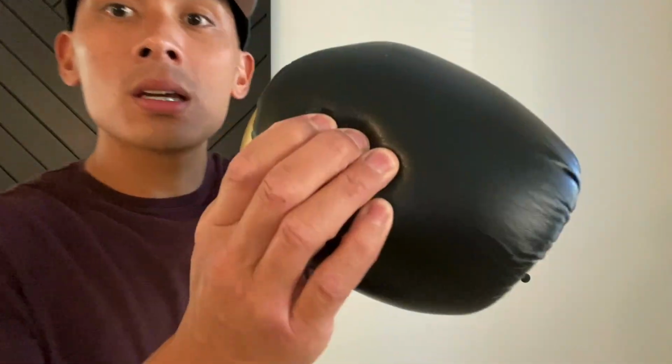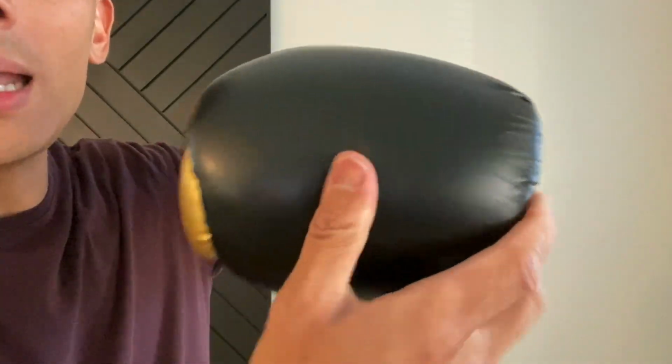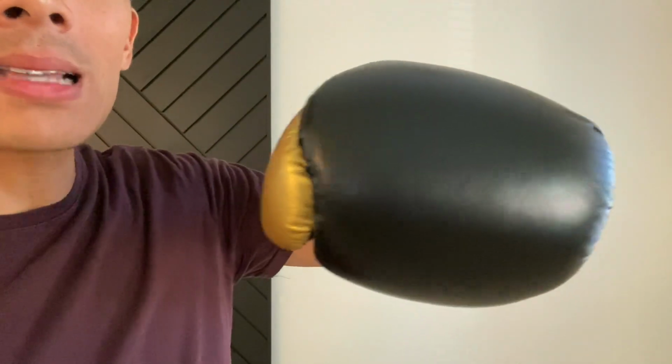Protection and performance. This glove is great on the heavy bag. You can see that it uses a multi-layer foam padding. I'd say it's a little bit more on the dense side. So for those of you that are looking for a very protective glove, it does a really nice job of absorbing shock. You don't get the same feedback and pop that you would with a puncher style glove,